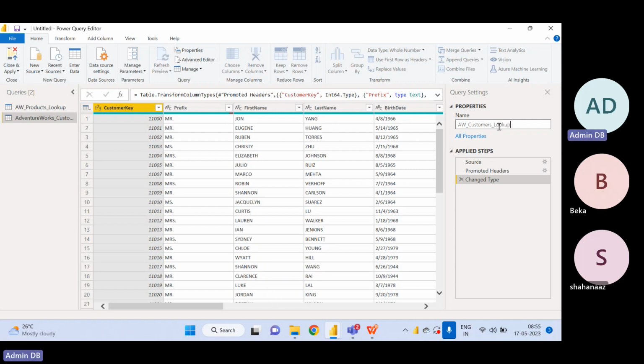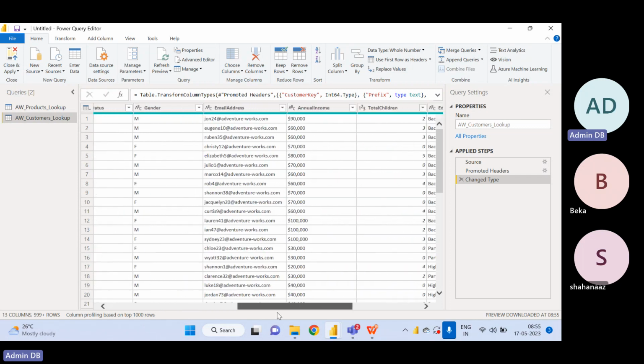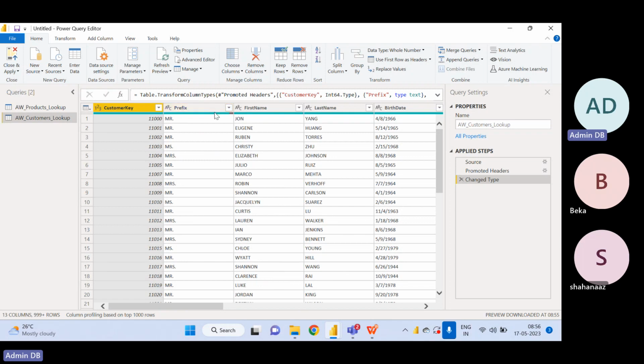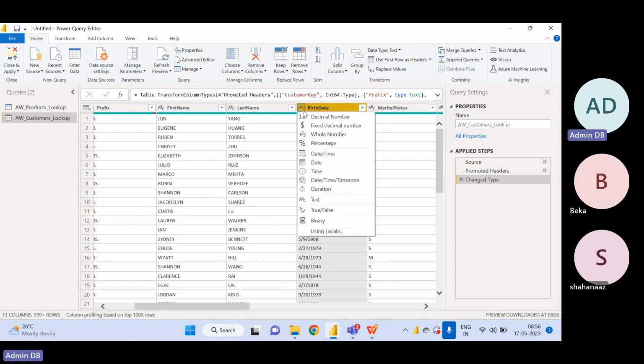Again, I'm making it a lookup table because this is purely describing the characteristics of customers. We have all the information about customers. So that's why I'm typing it as AW customer lookup, right? And then we will scroll and glance at the data types to see if they make sense or not. So we have 1, 2, 3, we have ABC over here. Birth date is ABC, so we should make it date type, right? So I will make it as date